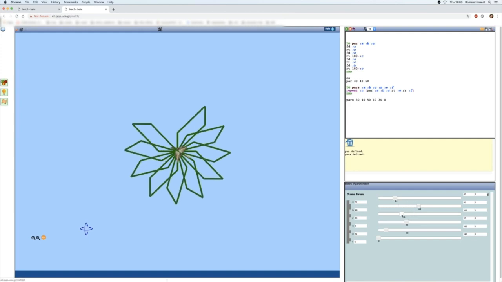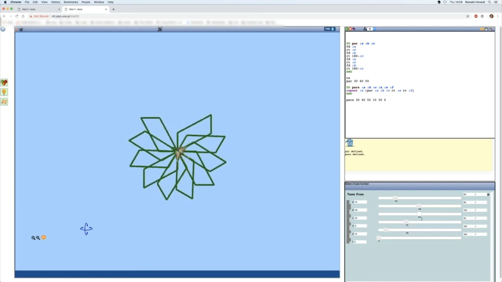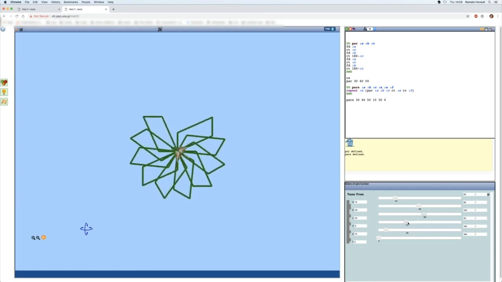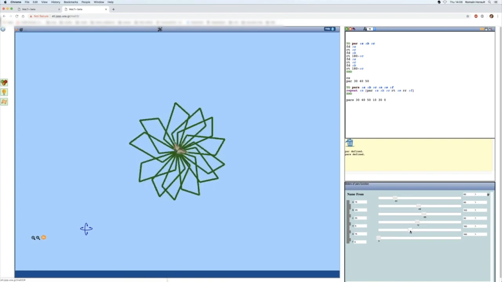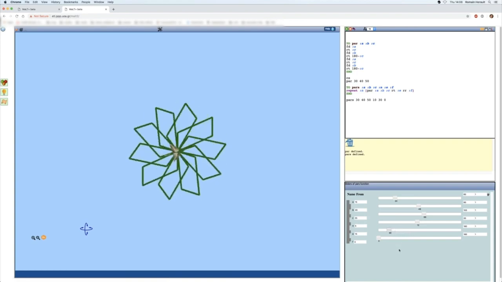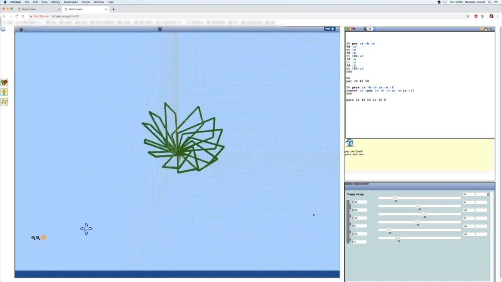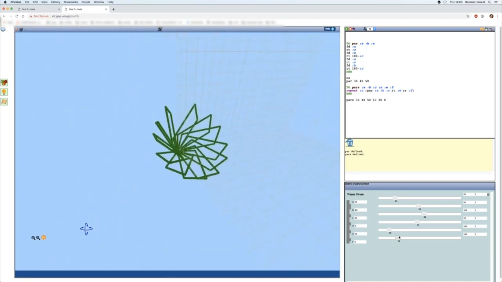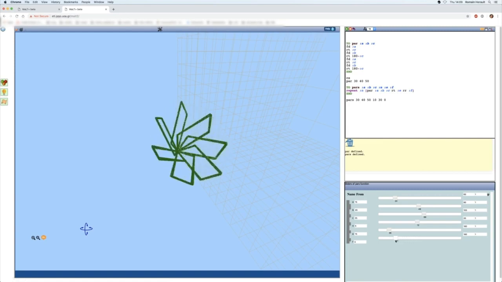If I move C, I can see the angle of each parallelogram changing, and if I move N, I get more of these. If I move E, I can see the angles between the parallelograms changing. And if I move F now, I can see them changing on a different plane. And if I look at it from the side, it's like a flower which is closing and then opening up.